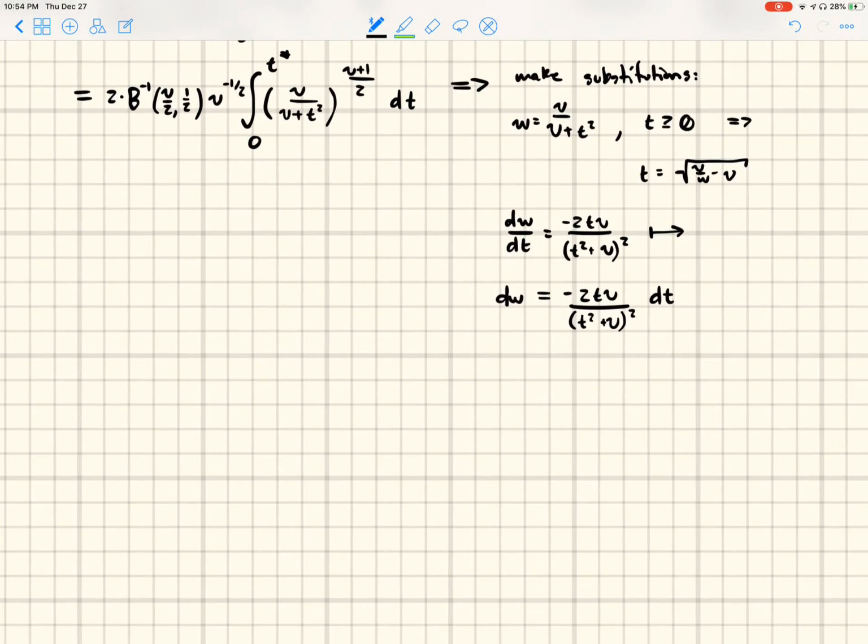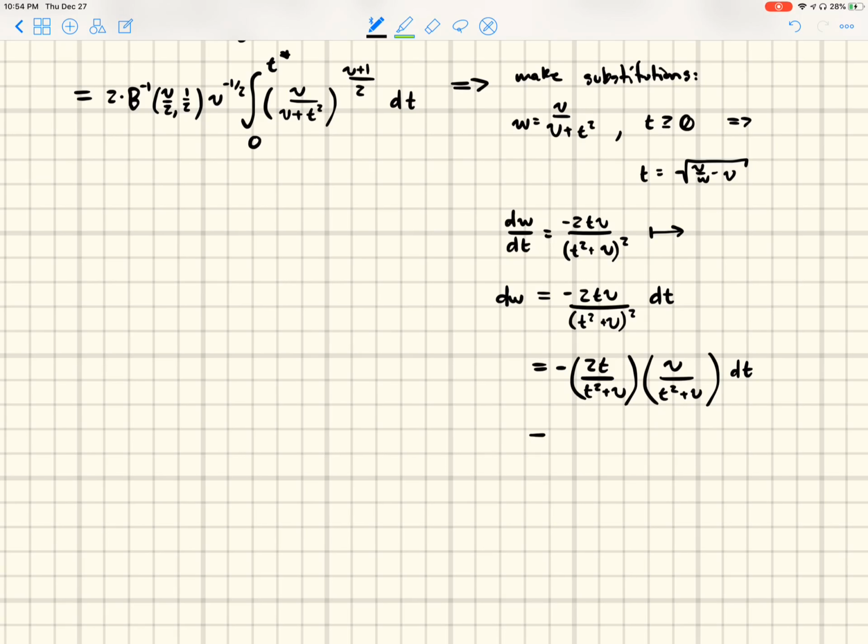And we can rewrite this as a product. So we have negative 2t all over t squared plus v times v over t squared plus v dt,